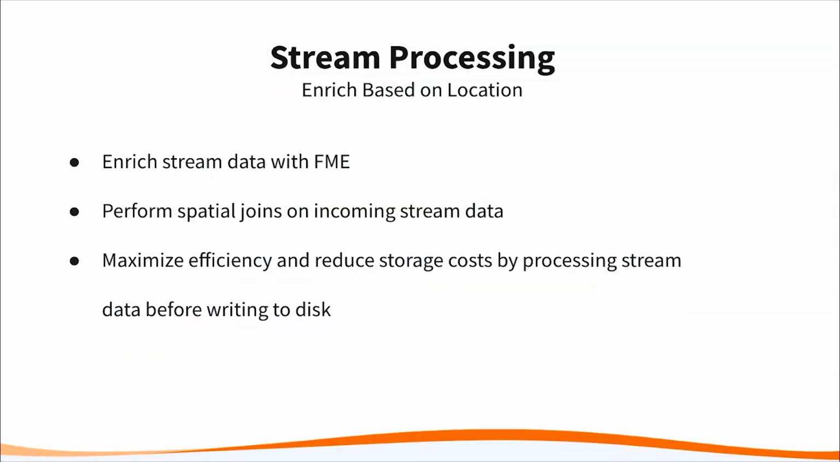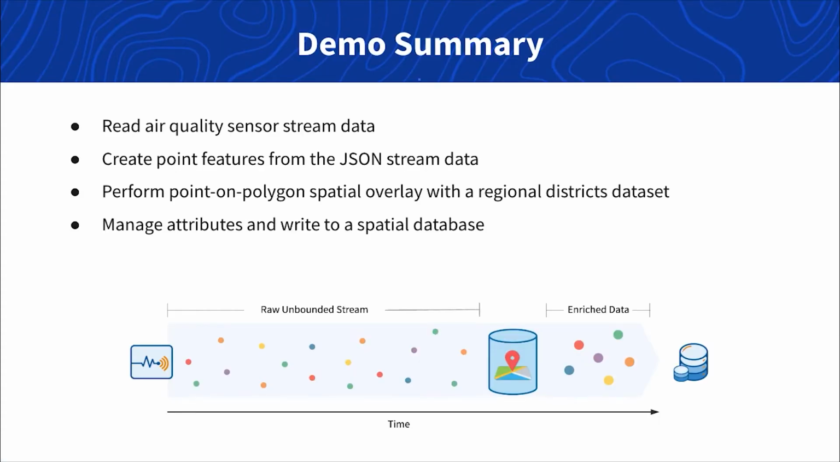Everyone, today we'll be going over a spatial processing scenario with stream data where incoming points will be joined with another dataset based on location. With FME, we can enhance our incoming stream data before writing to disk to save on time, storage space, and processing workloads. In this scenario, we will be reading air quality sensor data, creating point geometries from the JSON payload,